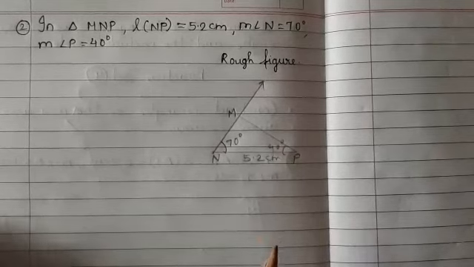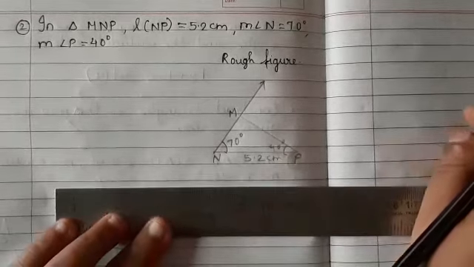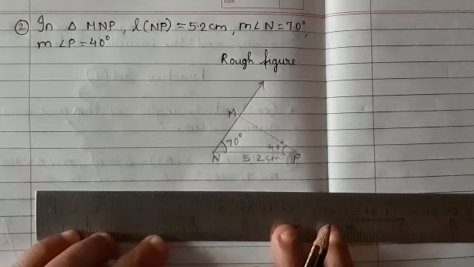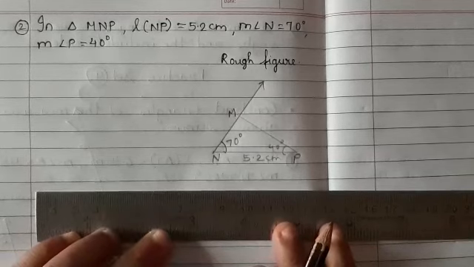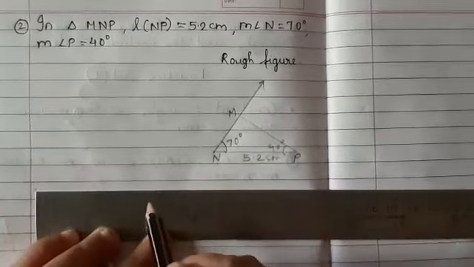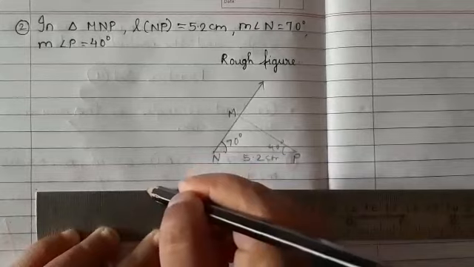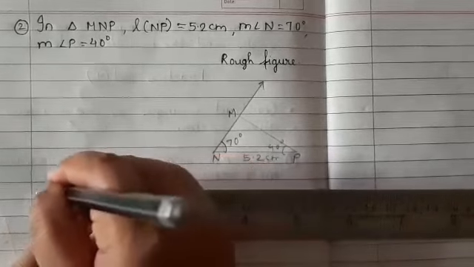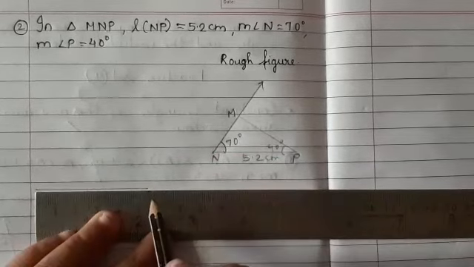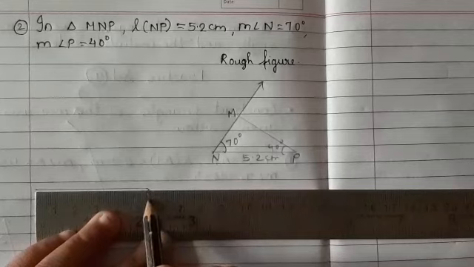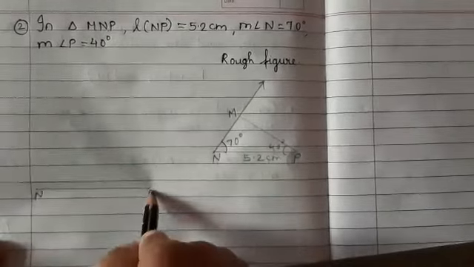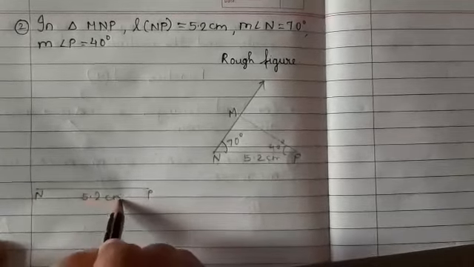So I will take distance 5.2. This construction is very easy. Third construction, and very interesting. All the constructions, if you practice them, you will be perfect. So here 5.2, and next two lines. Okay, so now you will mark them. That is 5.2. Wherever my pencil is, that is my 5.2. Now I will remove my pencil away. I will write here NP 5.2 cm.